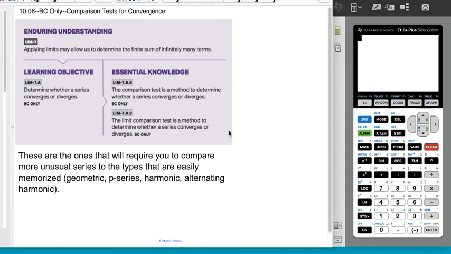All right, this is AP BC Calculus. We're doing a BC only section. This is Unit 10, Section 6. We're talking about comparison tests for convergence. So basically, we're going to learn two tests here, direct comparison, or just the comparison test, and the limit comparison